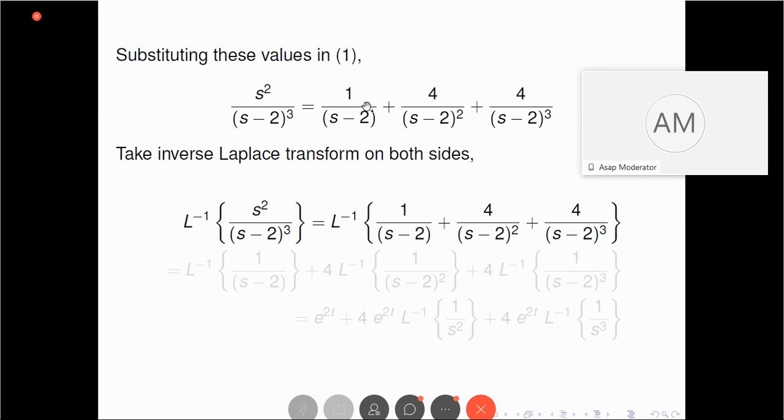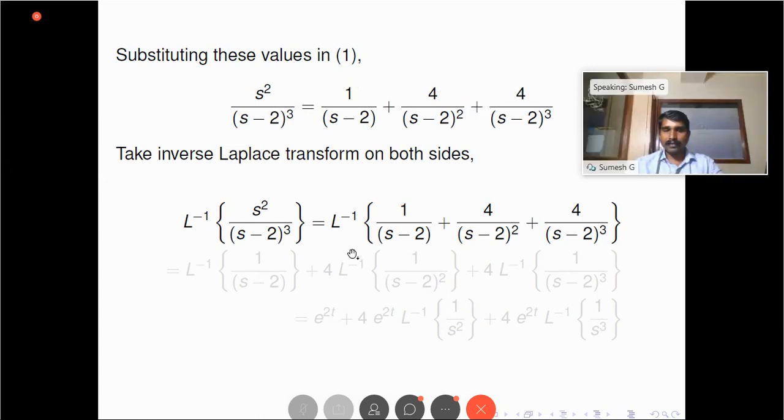Okay. By substituting the values of A, B, and C, we obtain the expression like this. Now we can find the inverse directly. So the inverse of 1 by s minus